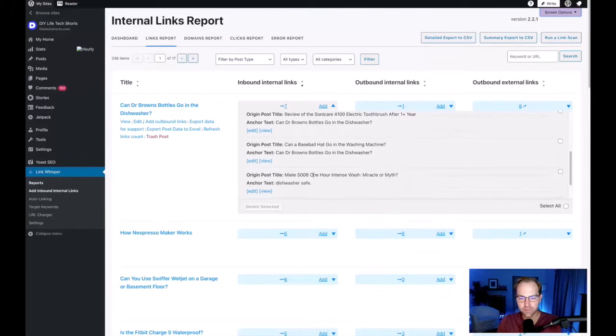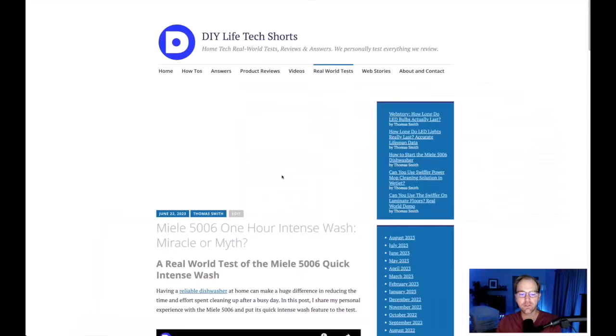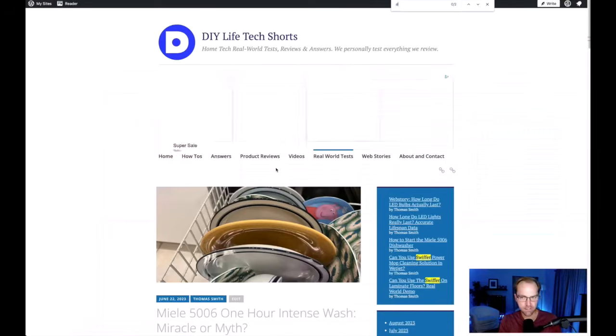Miele 5006, 1 hour intense wash. Miracle or myth? Hey, there's a topic we're familiar with. And it says dishwasher safe. So again, a lot of these internal links I don't really like. I could hit the edit button, or I could go ahead and get rid of them, or I could go view that actual article. And so let's go see what we're talking about and see if this article